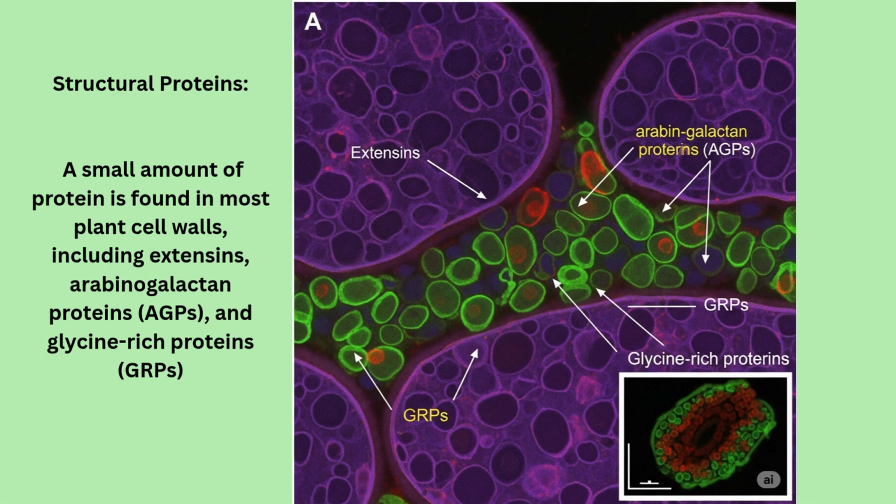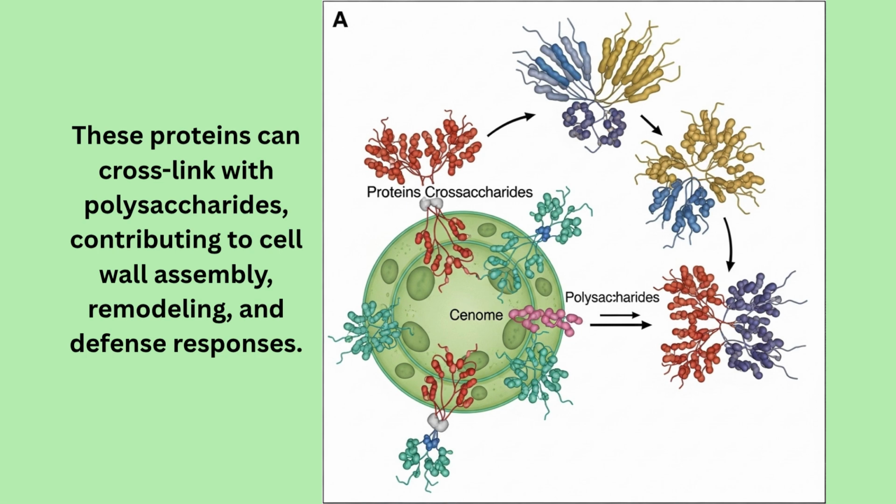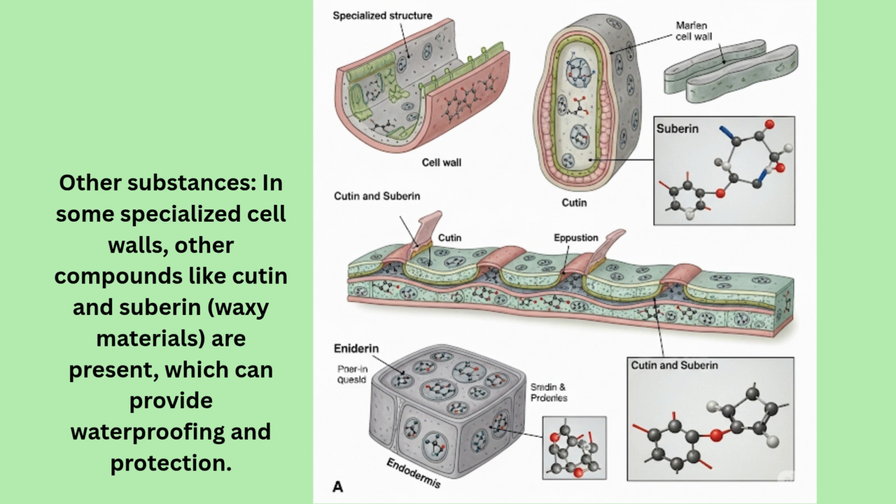A small amount of protein is found in most plant cell walls, including extensins, arabinogalactan proteins (AGPs), and glycine-rich proteins (GRPs). These proteins can cross-link with polysaccharides, contributing to cell wall assembly, remodeling, and defense responses. Other substances. In some specialized cell walls, other compounds like cutin and suberin, waxy materials, are present, which can provide waterproofing and protection. The specific composition and organization